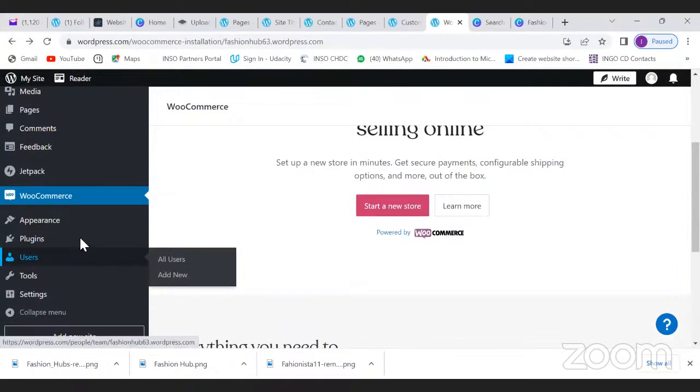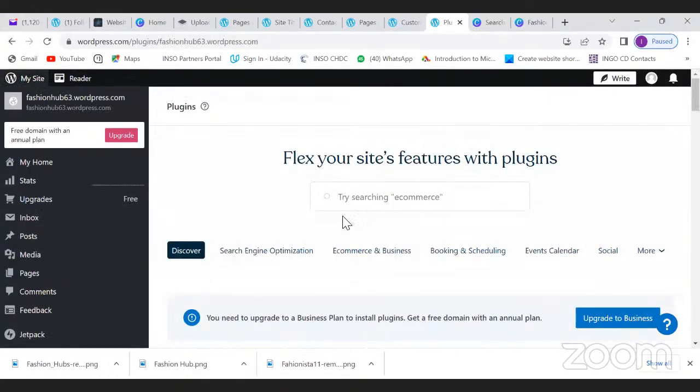And then plugins. Plugins are just added features to make your website better. For example, if you wanted booking and scheduling, or maybe an events calendar. For example, if it was a school website, right? You'd have